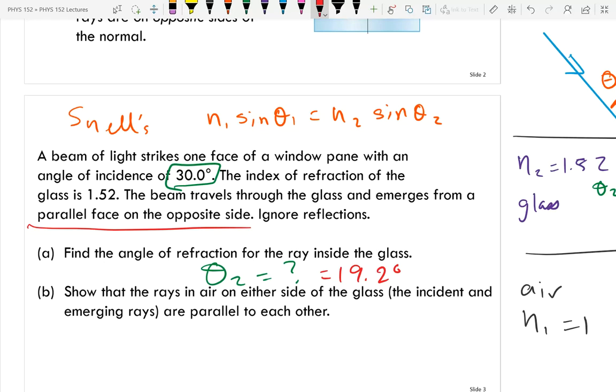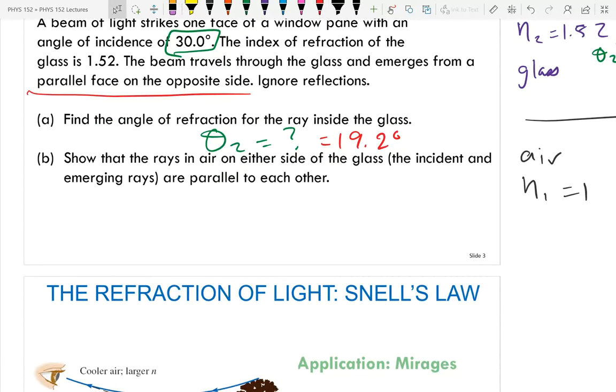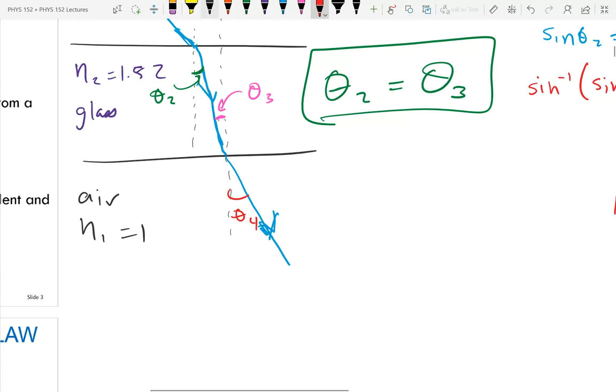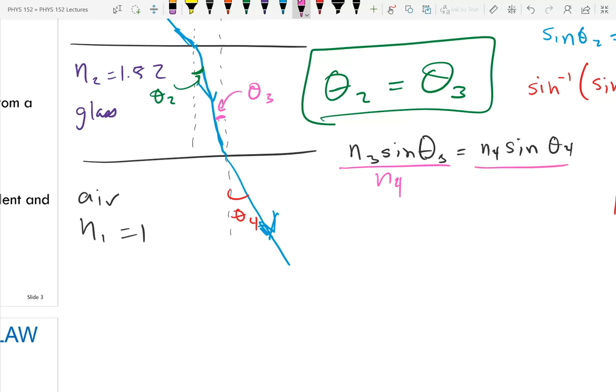The first one, the more brute force method, was the first one. So the more brute force method would be simply, let's calculate what theta 4 is. If I want to calculate theta 4, on the second surface I'm relating theta 3 and theta 4. So I would have n3 sine of theta 3 equals n4 sine of theta 4. Solving that for theta 4, I divide both sides by n4. And I'd have